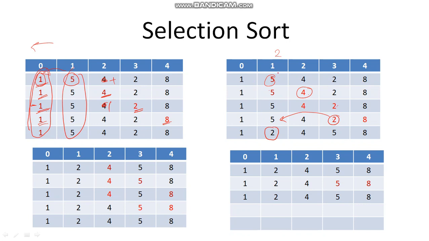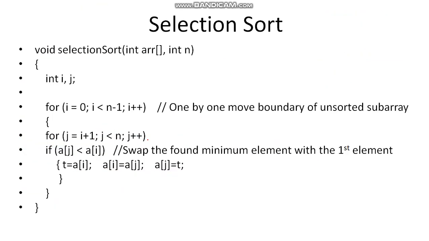After the second pass, you find that the second smallest element is at the second position. Do it from the third position in the third pass. Then, if the third smallest element is at the third location, in the next pass do it from the next appropriate location. So I am making the necessary changes here.